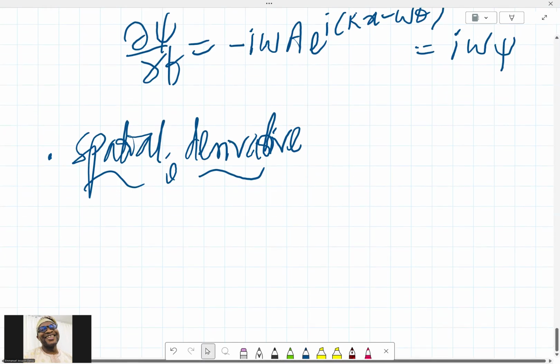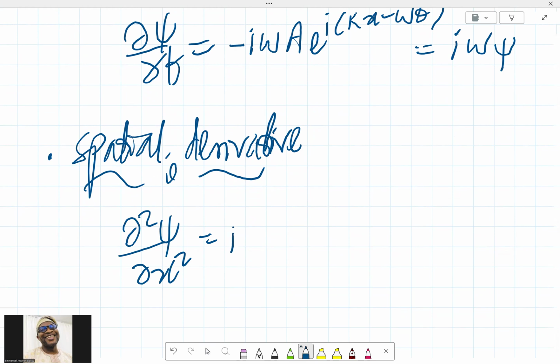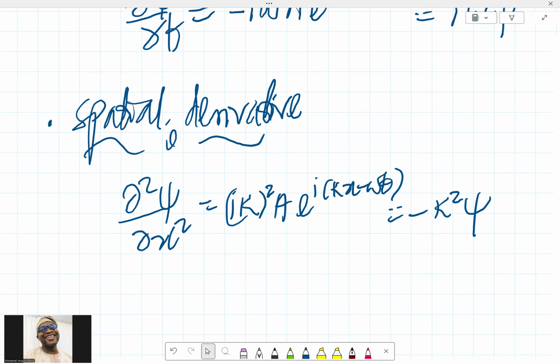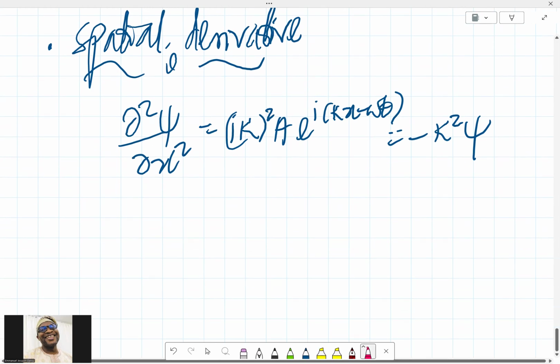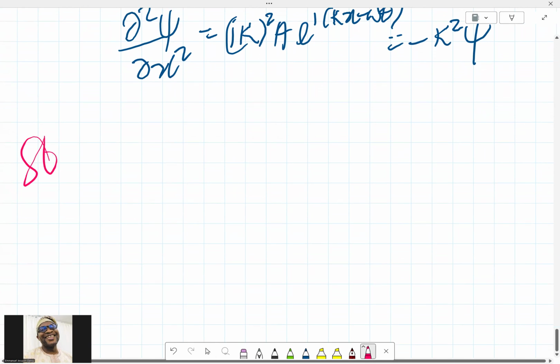So for the spatial derivative, we have the second partial derivative of psi with respect to x, which is equal to (ik) all squared. If you differentiate twice, we have A e^{i(kx - omega t)}, that is minus k squared psi. That goes. And now in step 3,